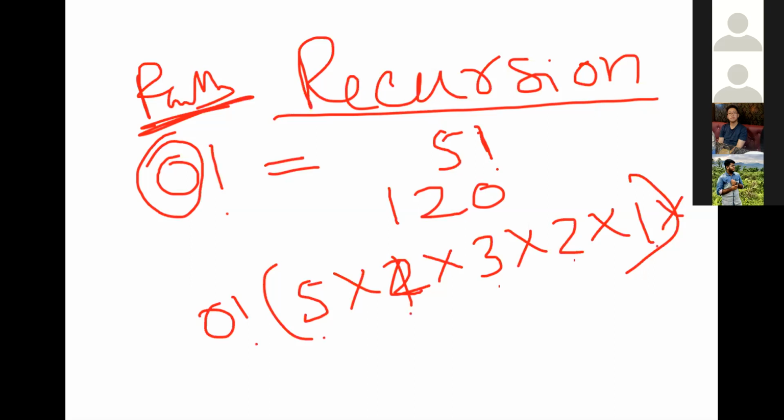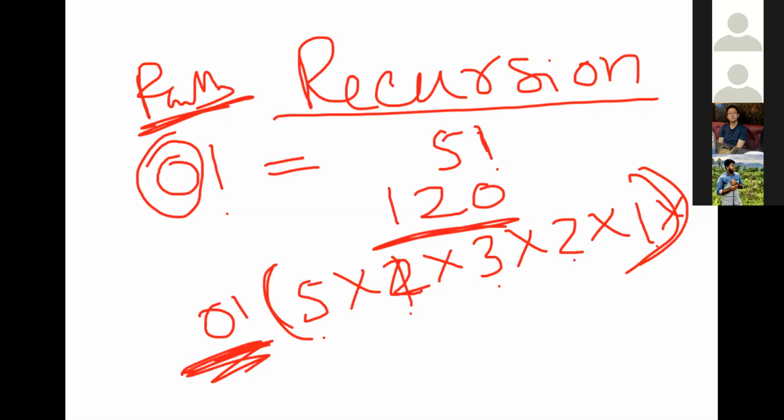Can I make it 0 factorial? 5 factorial means 5 into 4 into 3 into 2 into 1, and the whole thing again into 0 factorial, how much? 120. So this is your terminate point.